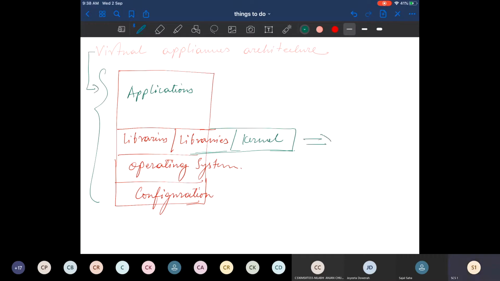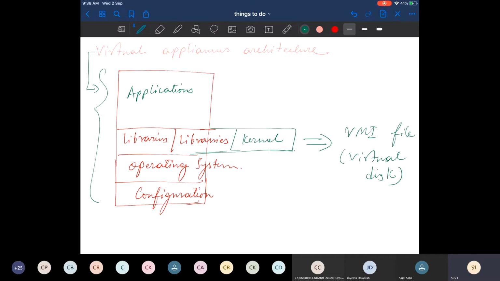And whenever I have created this one, that is having my hardware, on top of it my operating system is there, then the required libraries are there, and kernel is there, and on top of it my applications are there. And now what I am doing is putting it as a VMI file, a virtual machine image file, creating a virtual machine image file with the virtual disks available. So do you know what a virtual machine image file is? I think in VMware, whatever operating systems you have stored will be stored as a virtual machine image file in your My Documents.